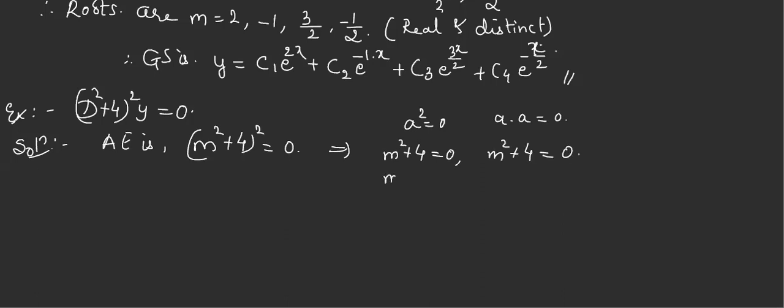So what is m square then? Minus 4. Or what is m? If I take plus 4 that side it is minus 4, right? So what will m be? Plus or minus 2i. Very good. Why are you getting i? Because it is under the root of negative 1. So root 4 can be written as 2, but root of minus 1 is written as i. It is the same again here. So which type of roots are you getting?